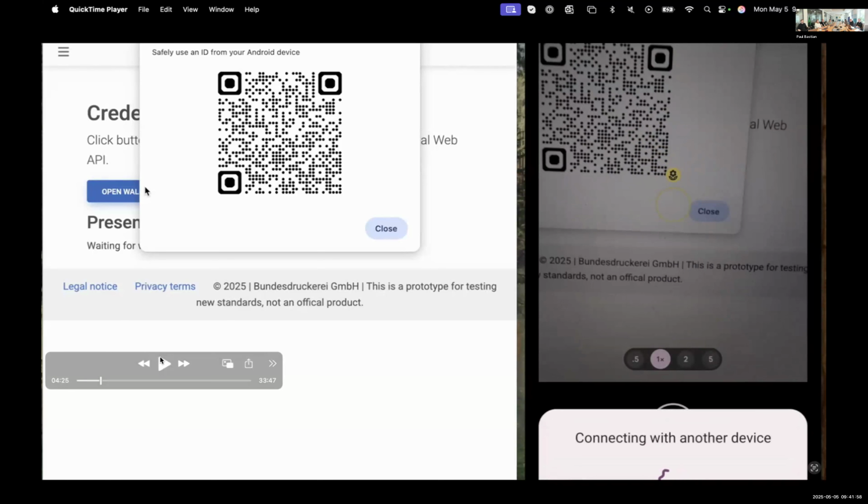Here, if you scan this QR code, there is a check with Bluetooth if both the devices, so notebook and smartphone, are side by side. And that's really a critical part for security, shoulder surfing, and so on.